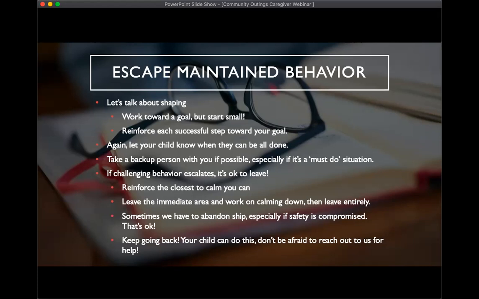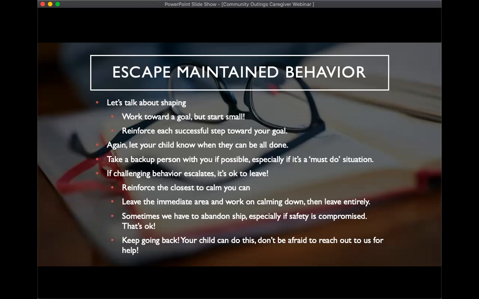So let's say you work on getting them to a quieter area or somewhere with less people, and then you feel okay to work through the challenging behavior there rather than just leaving the store completely. That will help make sure that they are not able to escape for engaging in that challenging behavior, breaking that cycle a little bit.